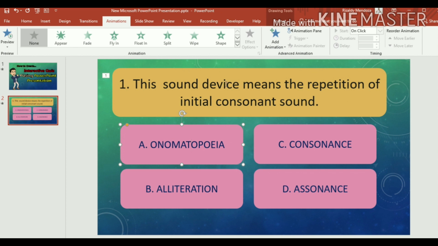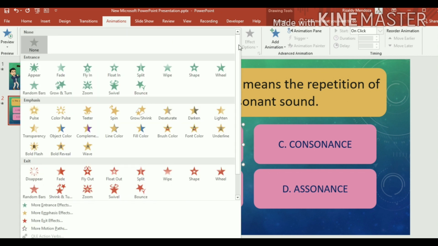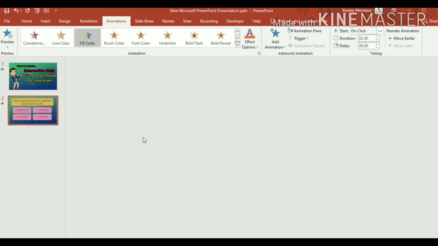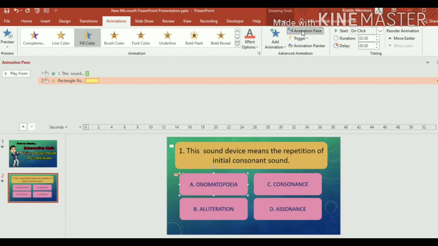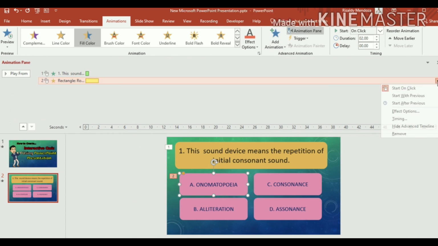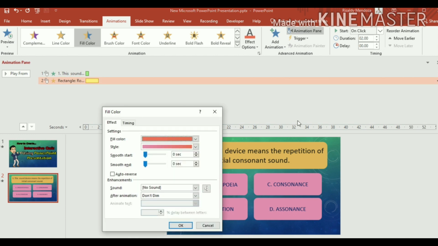So start tayo ng animation. Gamitin natin, you focus on emphasis. So yung emphasis ay punta tayo sa fill color. So yan. And then i-click nyo to, punta kayo sa animation pane, and then click nyo to. Then punta na kayo sa effect options. Then for the effect options,